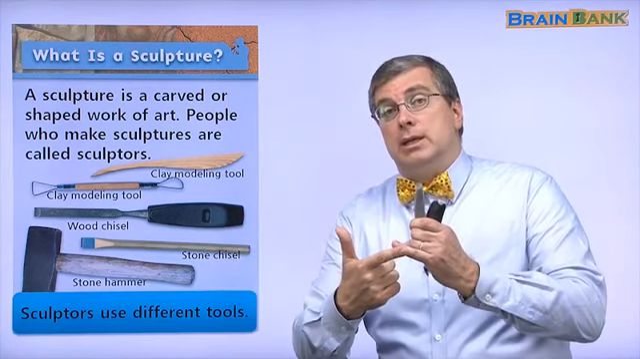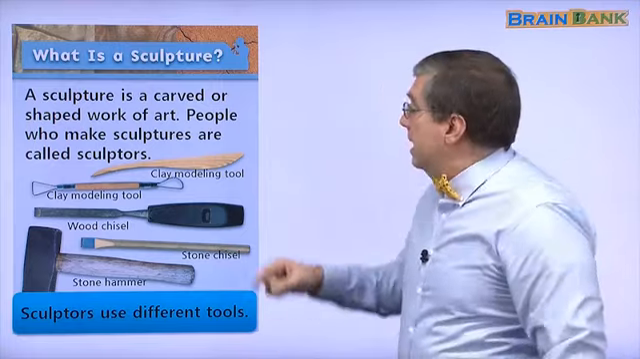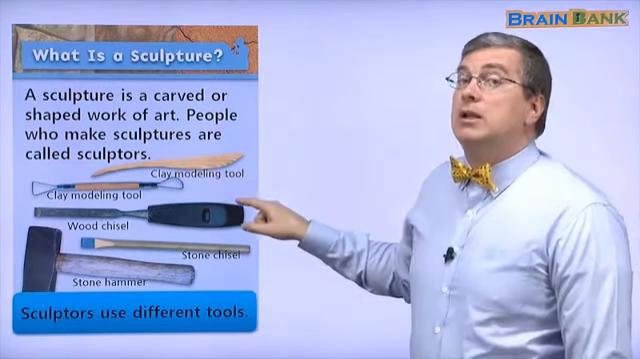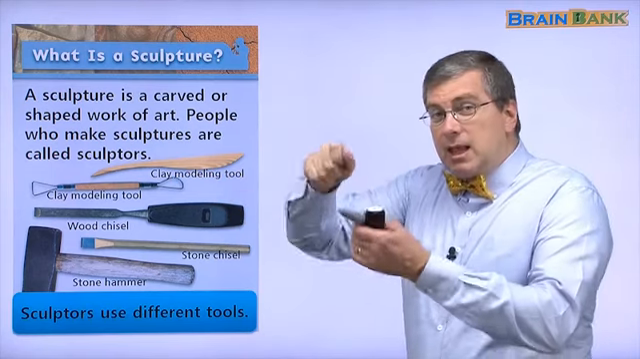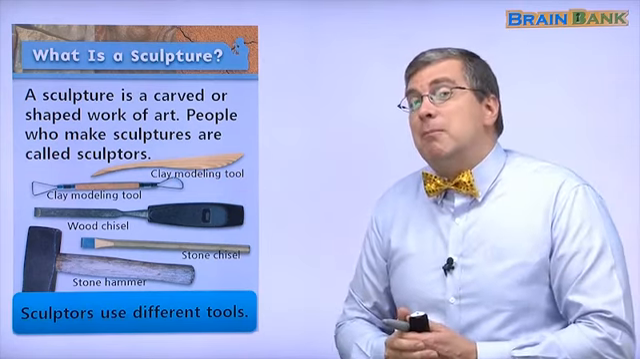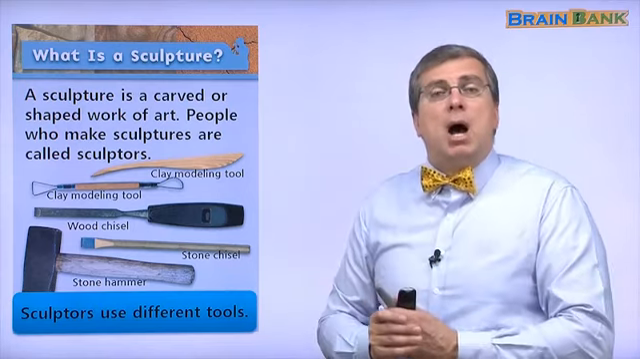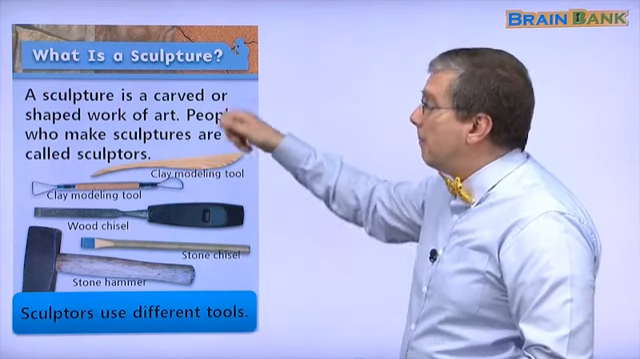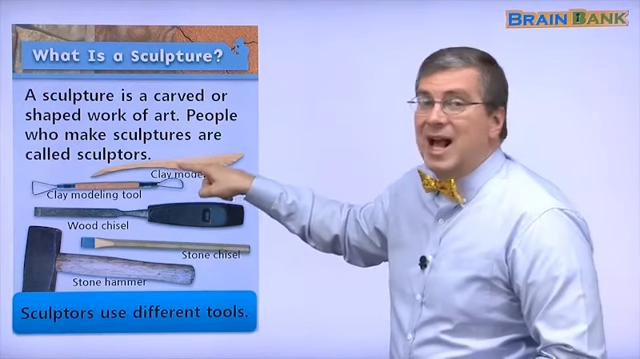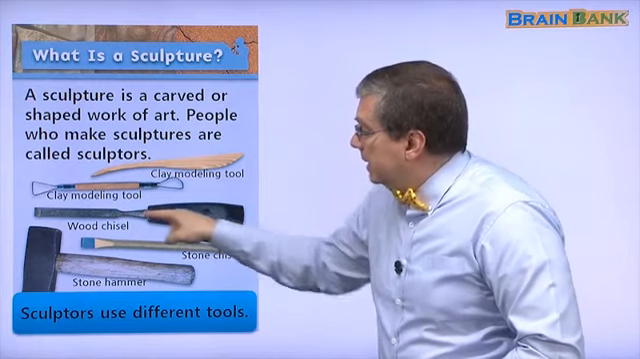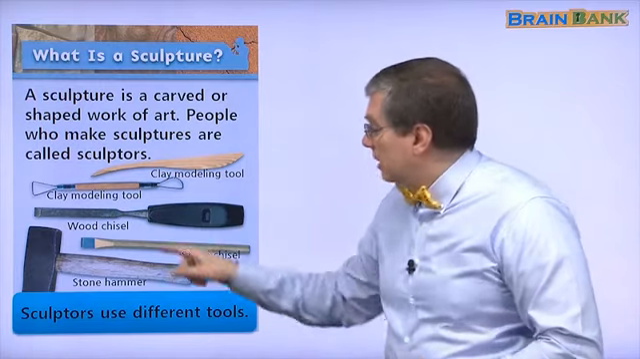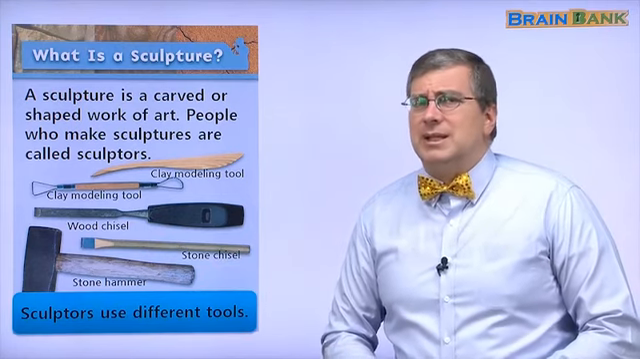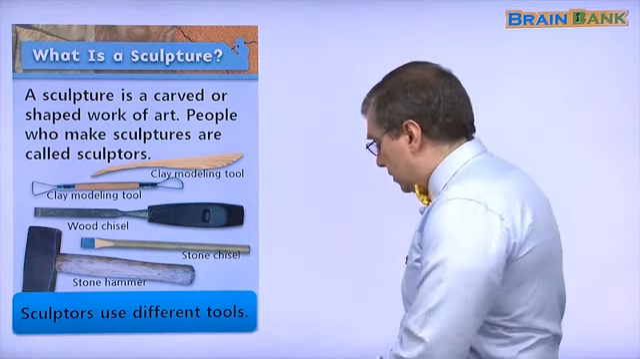Clay, wood, and stone. This and this are clay modeling tools. We make a model, a shape. A model is also a sculpture. We have two kinds of clay modeling tools. Here it says a wood chisel. Chisel. Can you say that word? Chisel. A chisel is